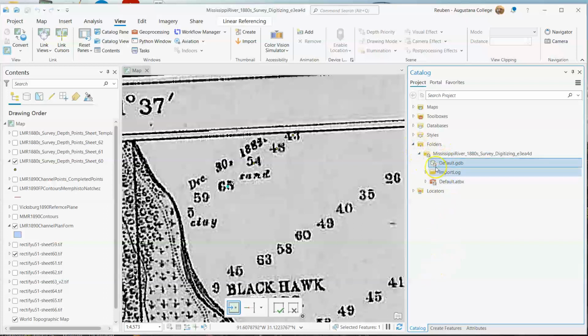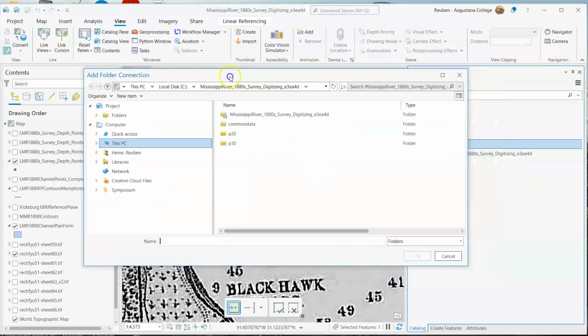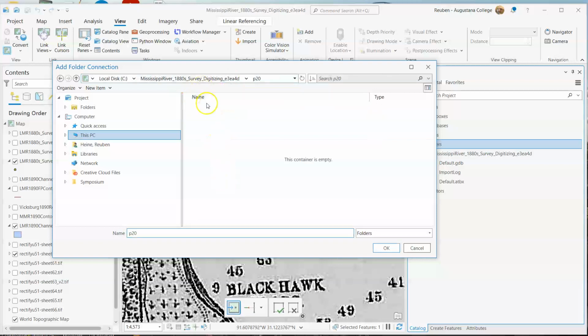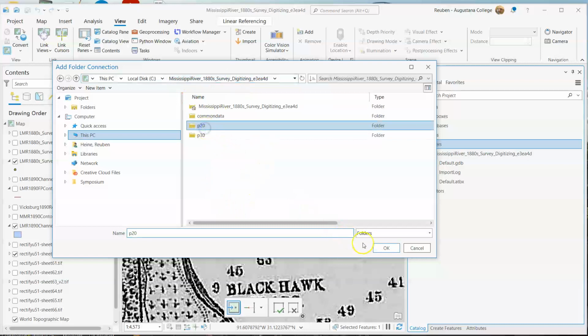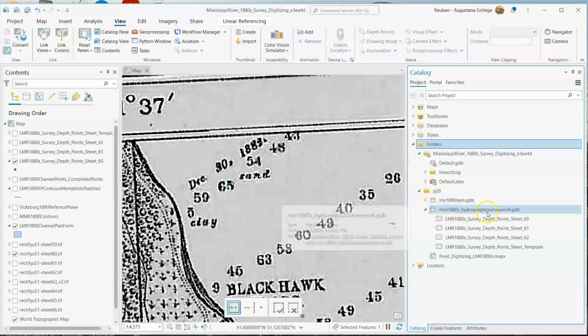not there. Let me just, okay, so what we'll have to do is go to the add folder connections. We'll have to manually add this. You'll go to your C folder, the Mississippi Digitizing. It's going to be in this P20 folder, and that's okay. I guess we'll just add it to the P20. Notice that we have access to the P20 now, and if you expand that out, then expand the MVN 1880s